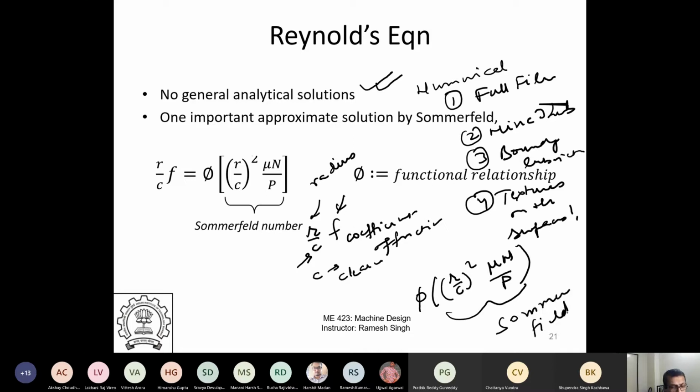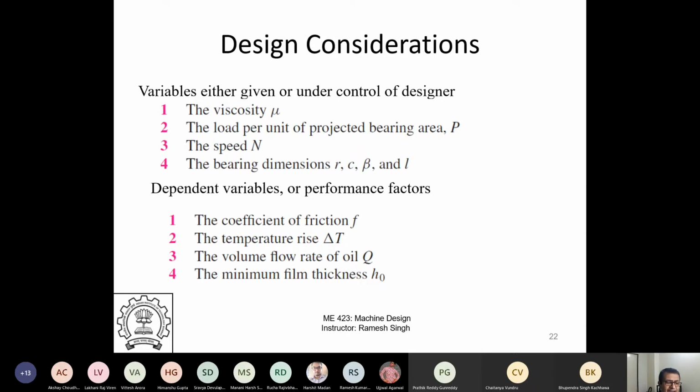Sommerfeld number. So what people have done is create a whole bunch of charts of solutions. They have solved these equations numerically, and created charts as a function of Sommerfeld number. So if you want to design a bearing, you have a viscosity, the fluid you are using for lubrication. These are under your control. A designer has this under control. What is the load per unit projected area? So basically I have some load,